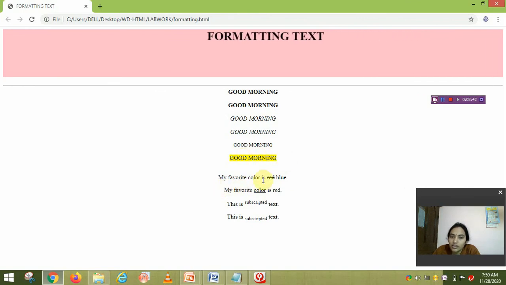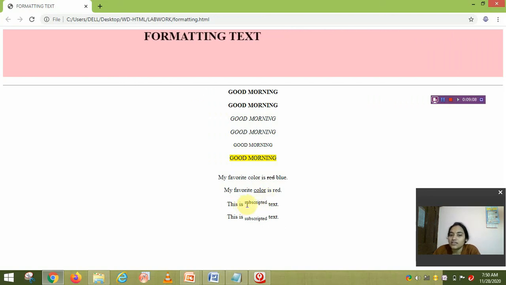Then here, my favorite color is blue, red, but this red is inside the del tag. So for this it will be: my favorite color is not blue, it is red. And my favorite color is red, here a text we inserted, so for this it is underlined.